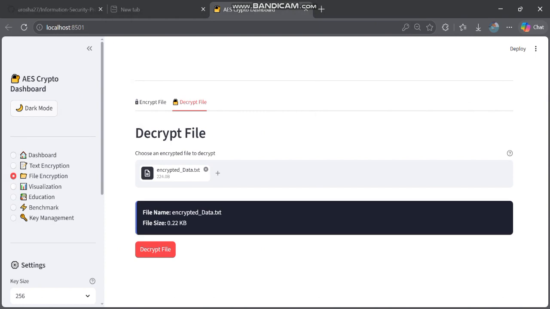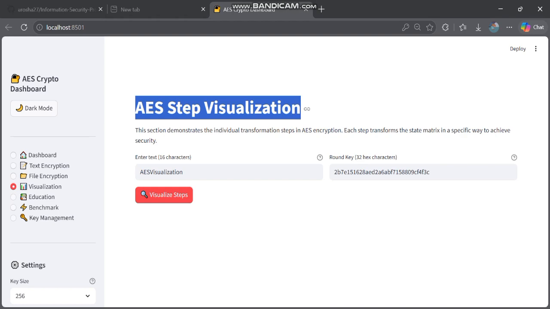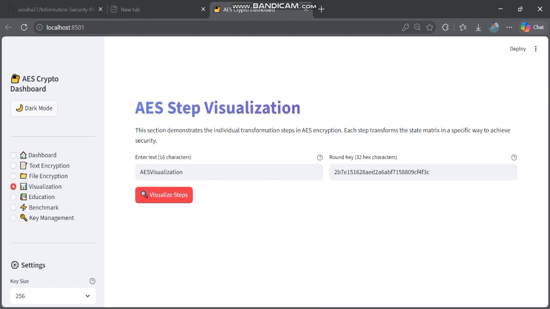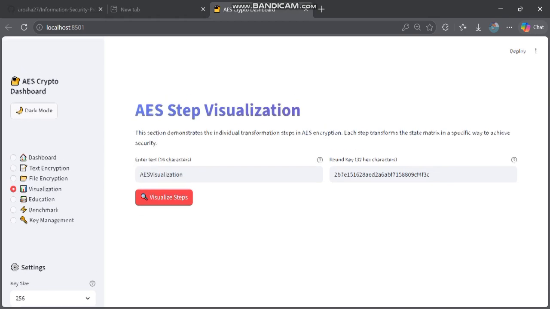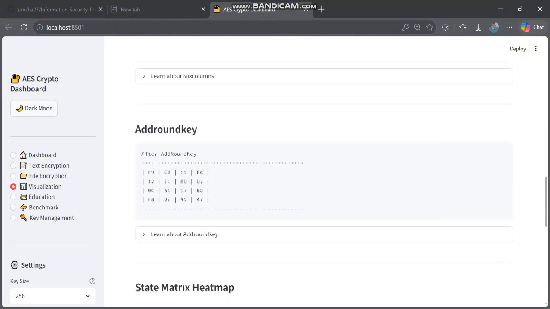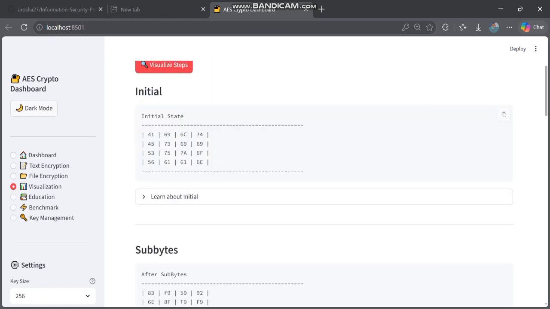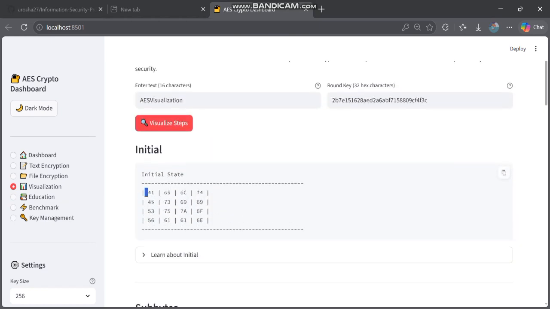One of the most educational features of this dashboard is the visualization section. This shows how exactly AES works step by step, which is incredibly helpful for understanding the algorithm. Advanced Encryption Standard encryption consists of 4 main transformations: SubBytes, ShiftRows, MixColumns and AddRoundKey. Let me demonstrate these with a 16 character input